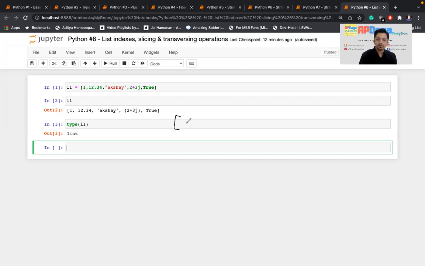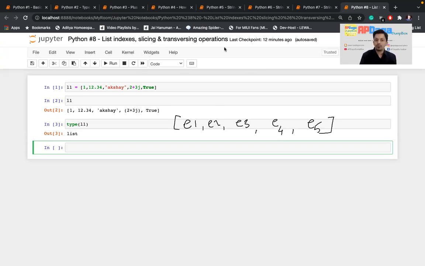Here I'll represent it by elements E1, E2, E3, E4. You consider that E1, E2, E3 is nothing but data. For ease of understanding, I am writing E1, E2, E3. So it is E1, E2, E3, E4 and E5. Okay, these are different elements.